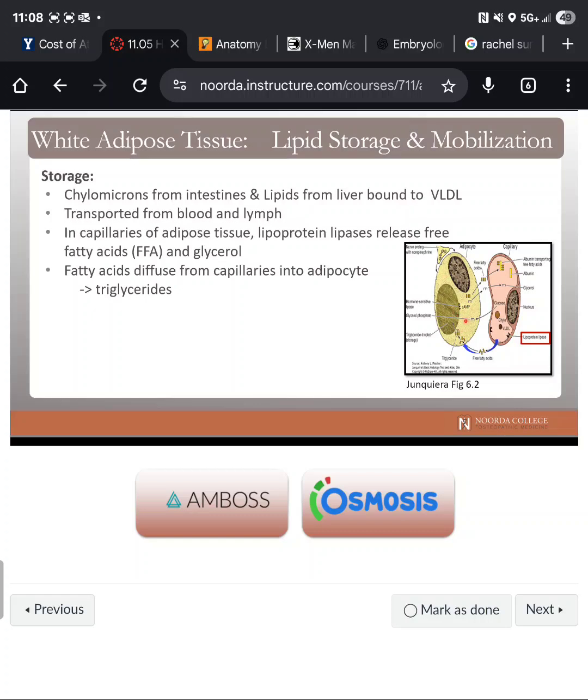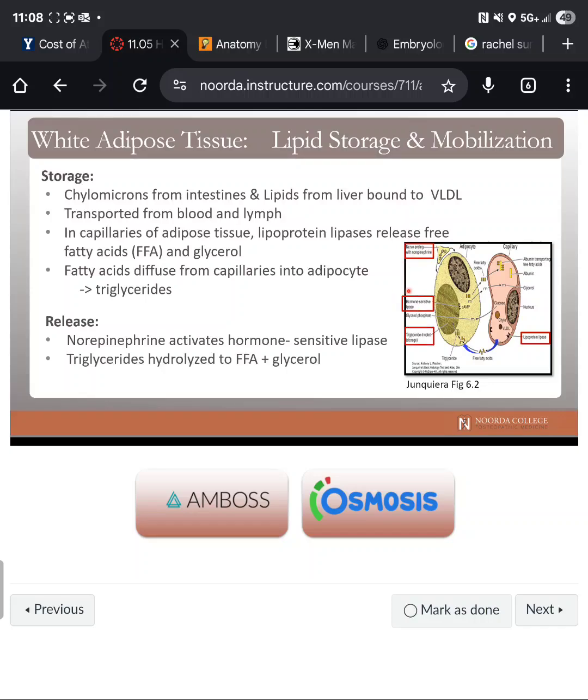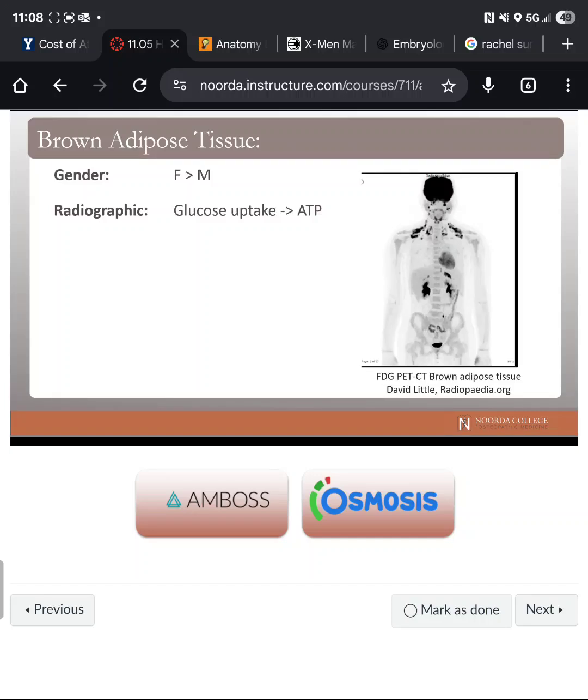Now, if we want to have the adipocyte mobilize this triglyceride storage, we will have the norepinephrine activating hormone-sensitive lipase, which will eventually hydrolyze the triglycerides into free fatty acids and glycerol. And this will eventually be released out of the adipocytes, entering into the capillaries. Once in the bloodstream, the free fatty acid is bound to albumin, and they will go down their merry way down the bloodstream. Now, brown adipose tissue can be seen in young adults,